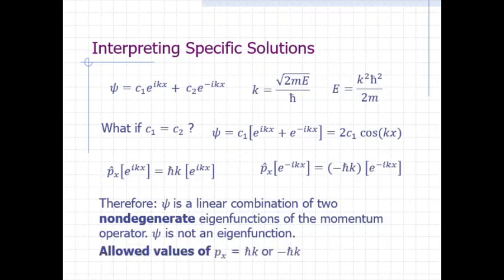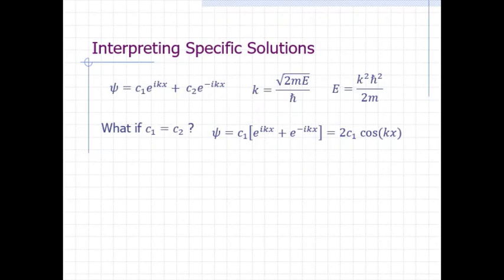It's the direction that is not well defined. Since the magnitude is well defined, the square of the magnitude is also well defined. The square of the magnitude is h bar squared times k squared. So we can also write the energy as the square of the magnitude of the momentum over 2 times the mass.